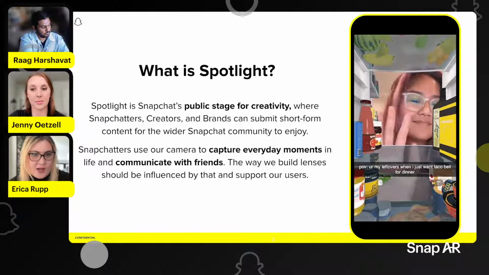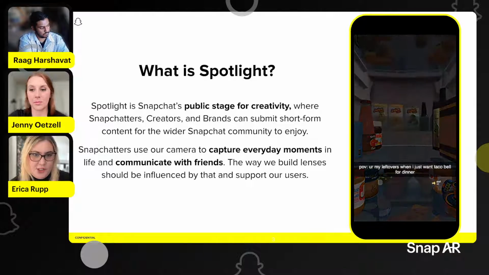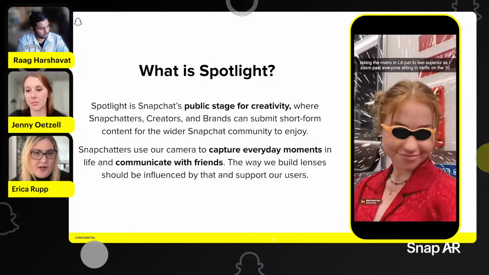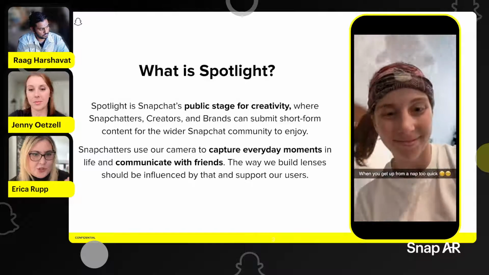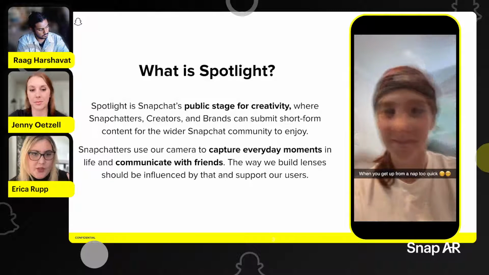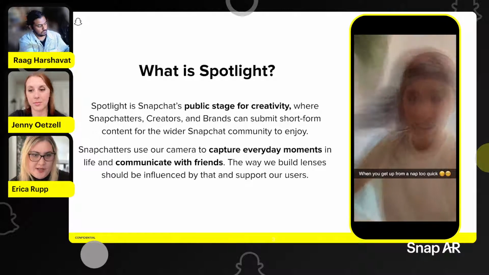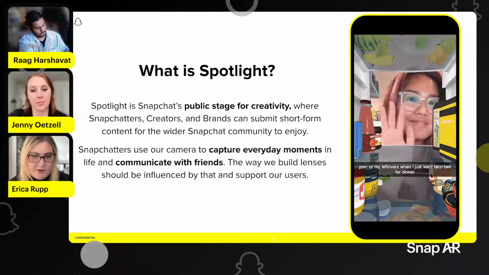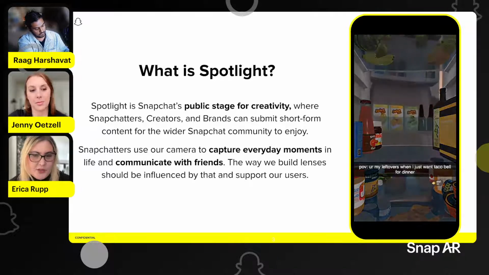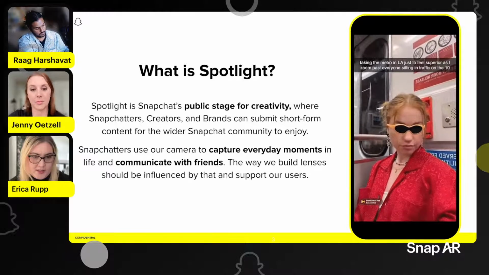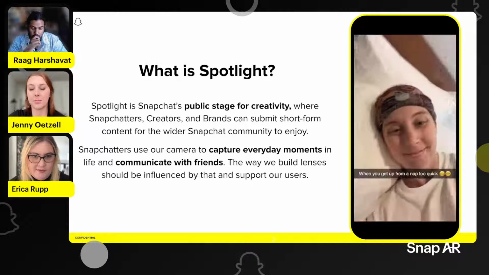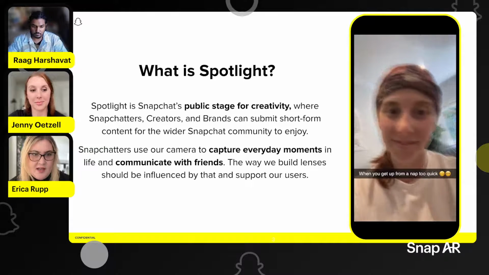That's where we see our content being differentiated in the short form space: it's really fun content with friends, capturing organic reactions, and it's really creator driven, capturing those moments with everyday friends. We really want to build and support the lenses that will support creators being their most creative, authentic, fun selves.